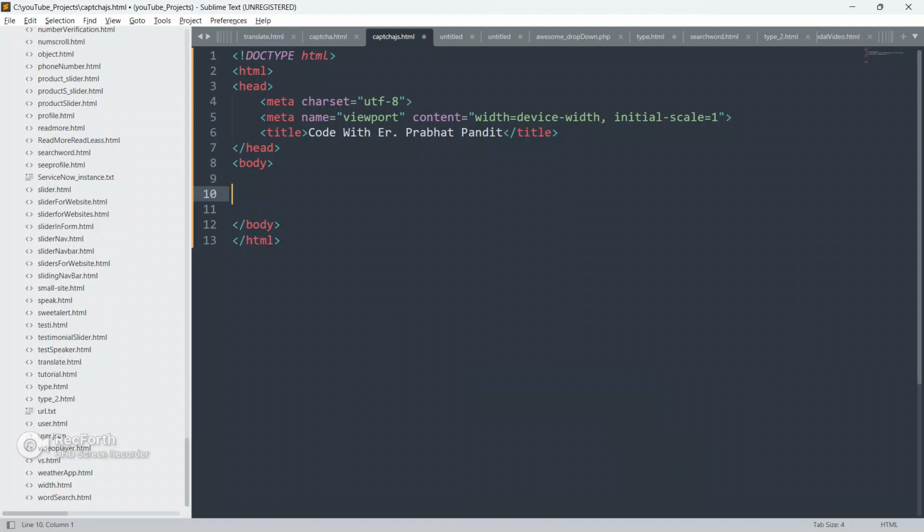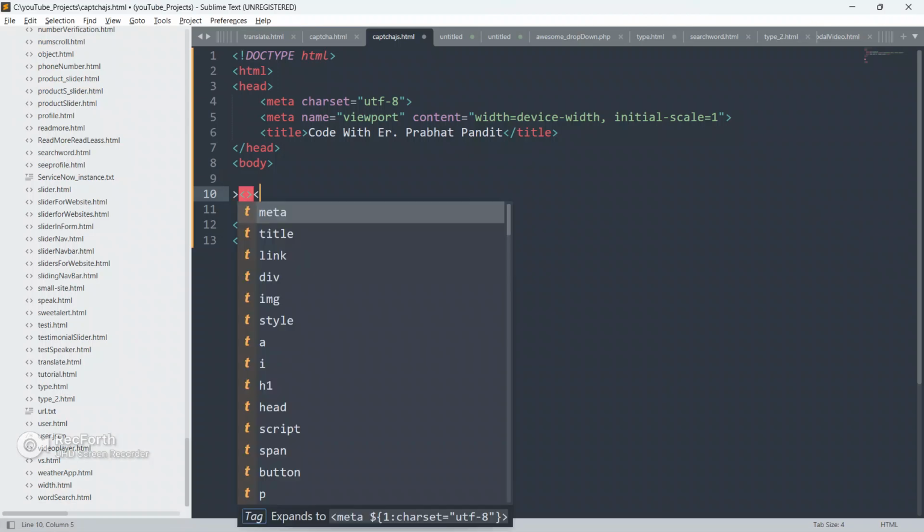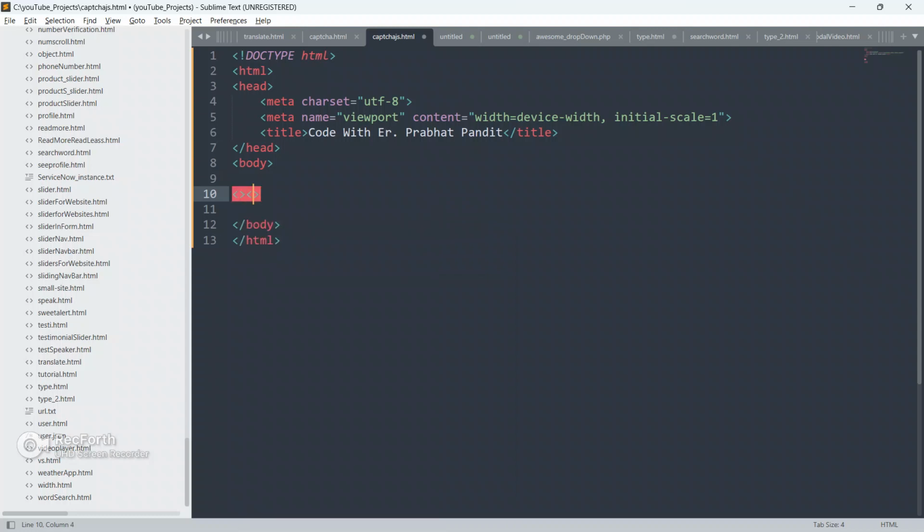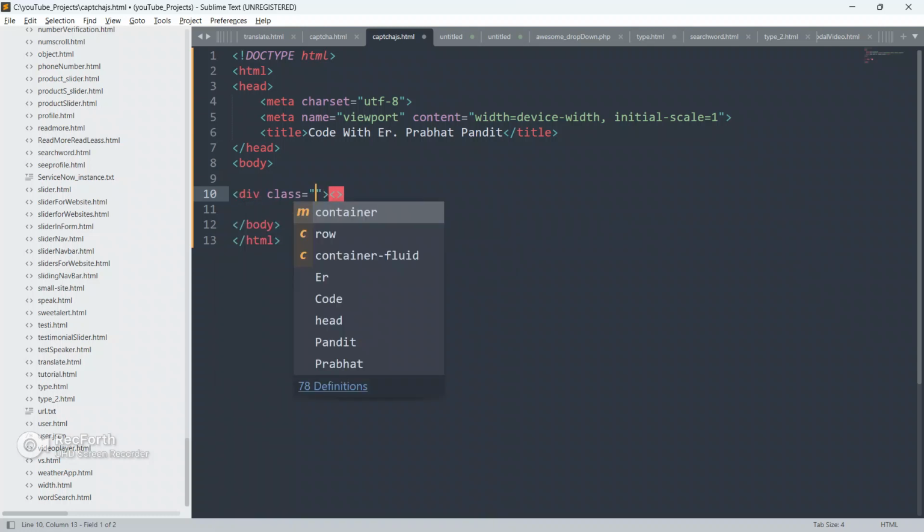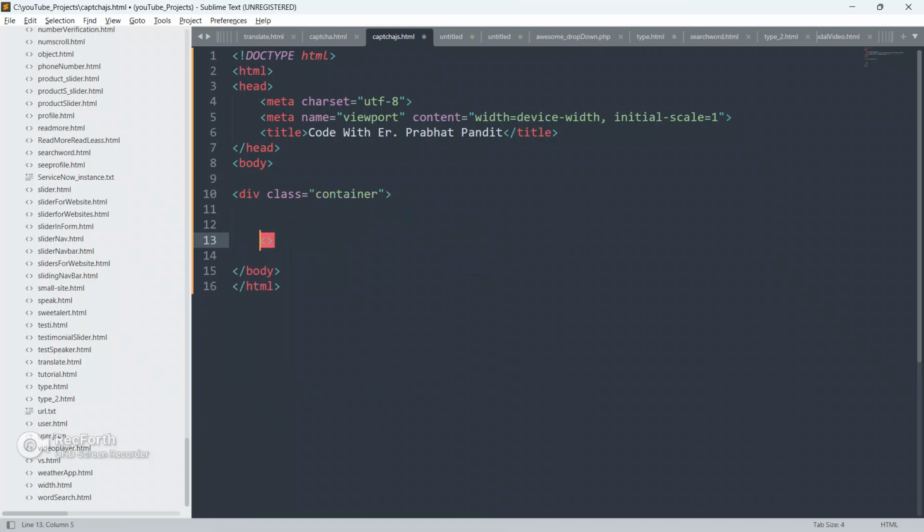So go back to the code editor now. We are going to create a div, give it a class, give anything guys, we are not going to use any style sheet here, okay. And close this div.